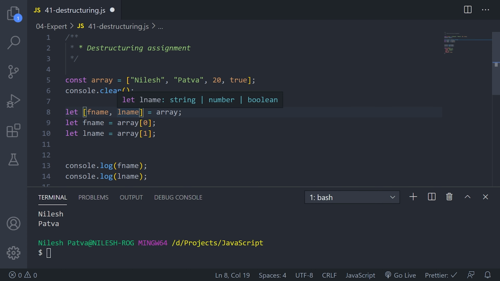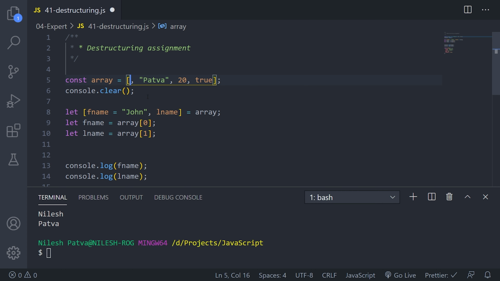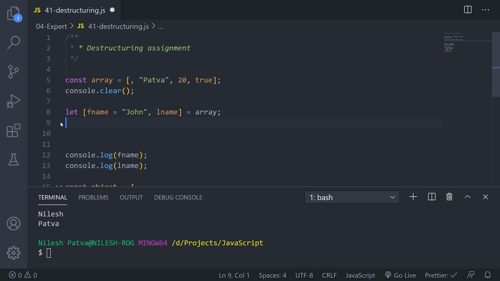I can assign default values as well. Let's say I can do something like this, John. Okay, and I will just remove the first element from here, but I will leave the comma because that is the way it will assign. Or I can do this, undefined.